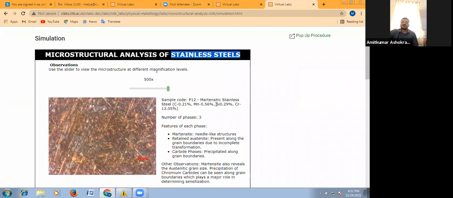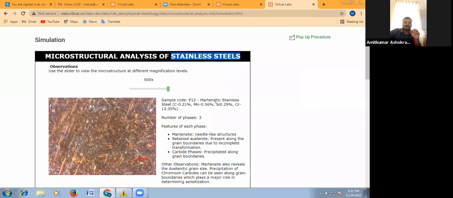Okay, now I have completed this virtual lab for microstructural analysis of stainless steel. This same procedure will be repeated for your experiment numbers 3, 4, and 5, where we are going to observe the microstructure of plain carbon steels, different types of cast irons, and different types of non-ferrous alloys.